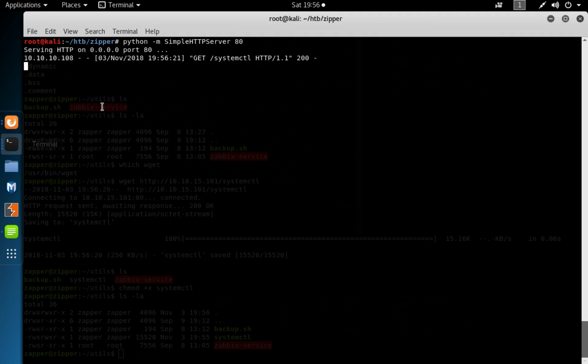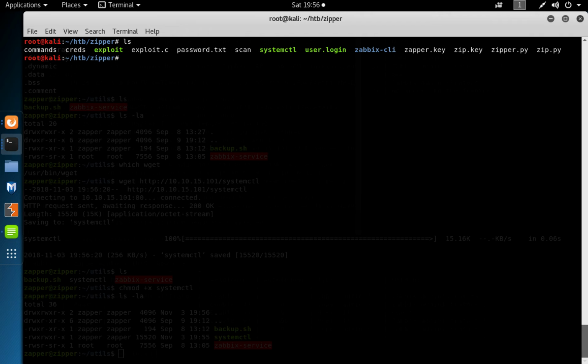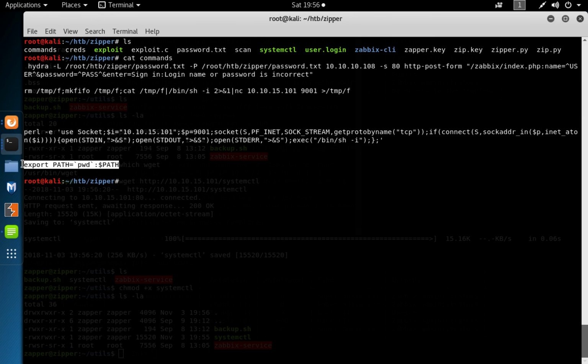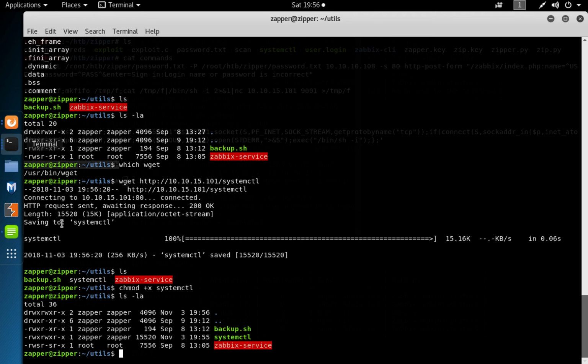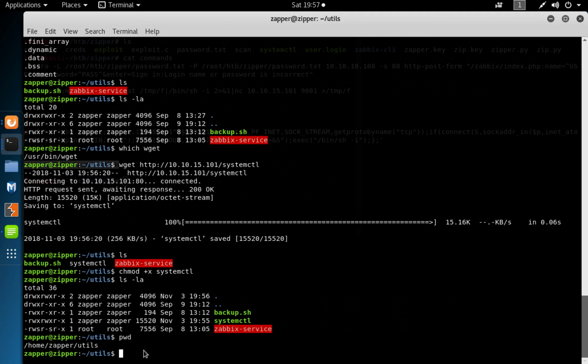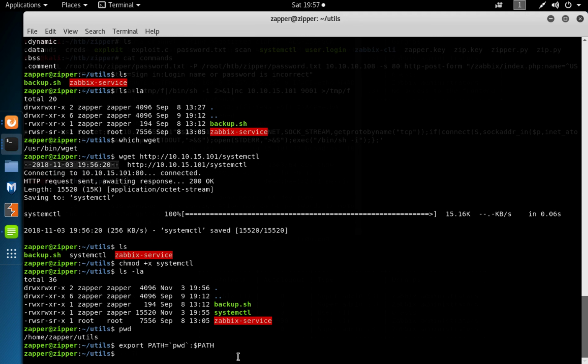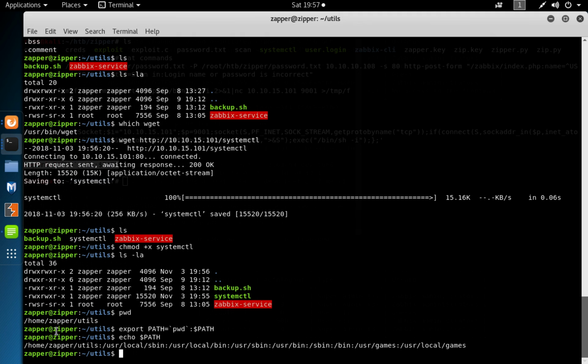So the next thing I did was to point the PATH. So we export PATH to our current path, which is PWD. So if we do pwd, this is our current path. So all we have to do is just export PATH here. And if we then do echo $PATH, we can see our path now is the current directory. So now if we execute the binary,